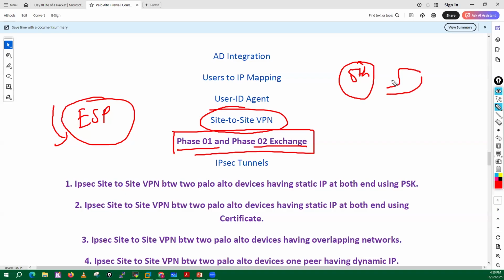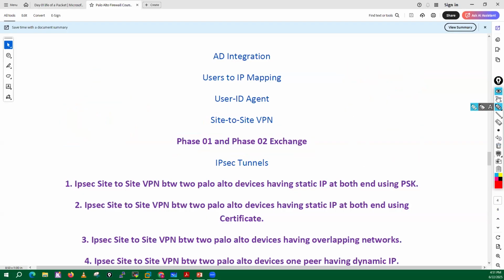I'll take out the key from the Palo Alto firewall and we will decrypt those messages as well. When we decrypt those messages, we will also take out the keys which we are going to use in the ESP protocol for encrypting and hashing your data. Those keys we will utilize and we will decrypt those packets in Wireshark as well. So we will do all those types of practicals in your IPsec session.